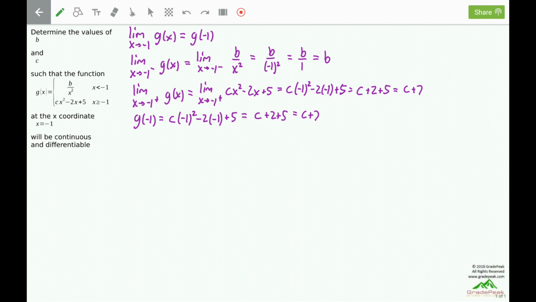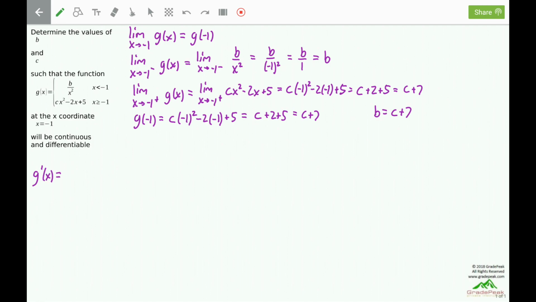We have to have all three of these match for continuity, so we know that b does have to equal c plus 7. That equation has two unknowns in it, so we will need to get more information to solve this, but we also want this function g of x to be differentiable. And differentiable means continuous on the derivative, so we will find the derivative of g of x here, g prime